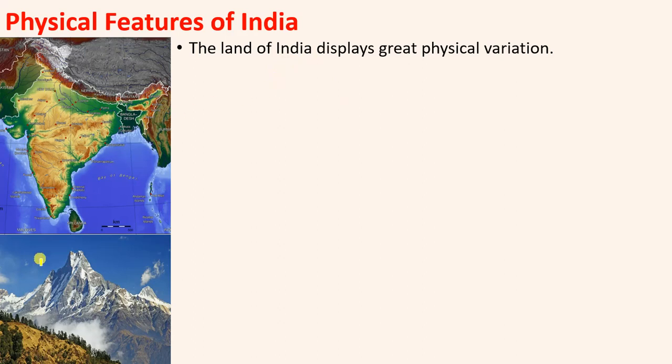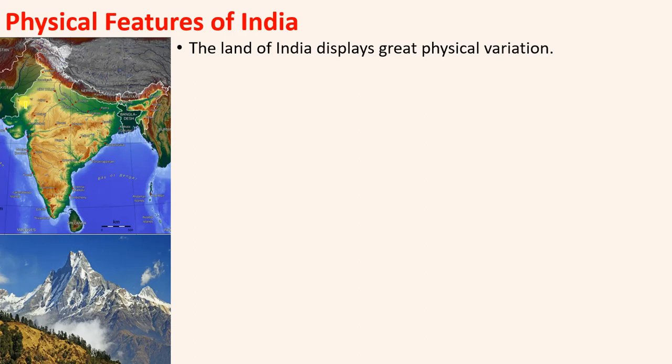As here in this map you can see, the green part is showing the plain areas. This white part is showing the high mountain region, which is generally covered with snow or ice. The brown part is showing the mountain region but without ice cover, meaning a plateau region with different peaks of different altitudes. The darker color is showing the higher altitude of the region.